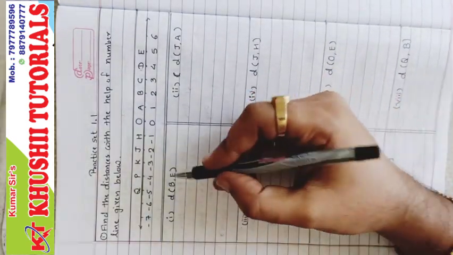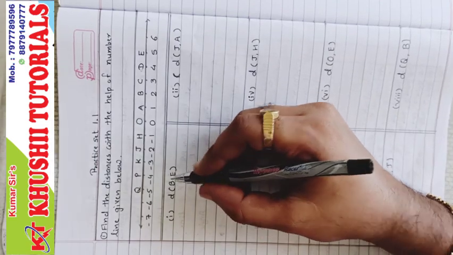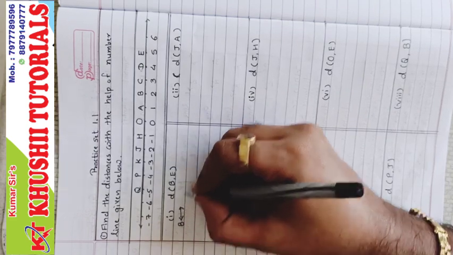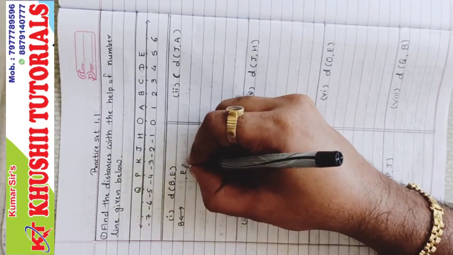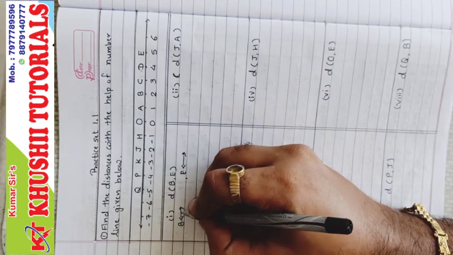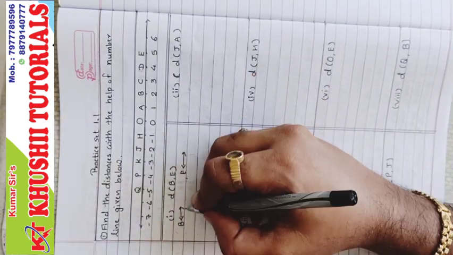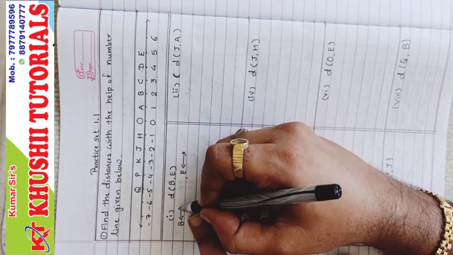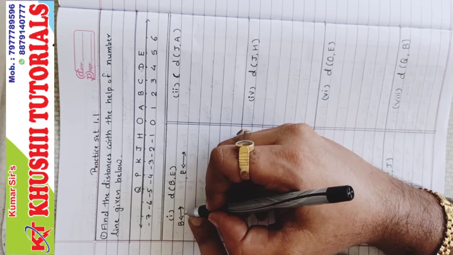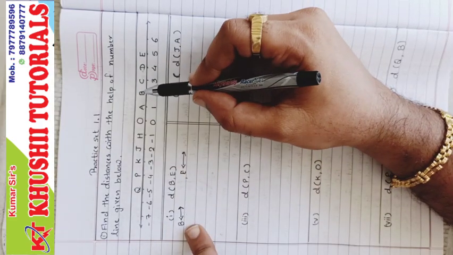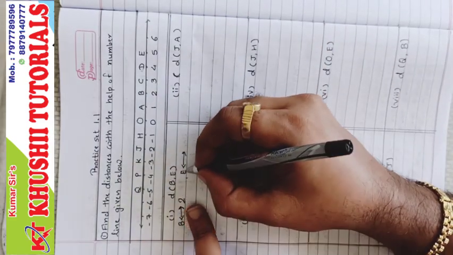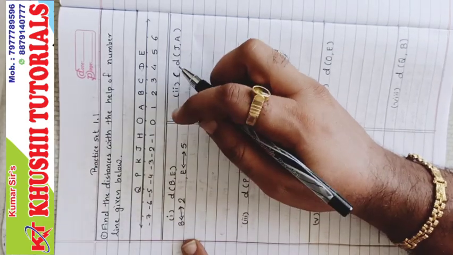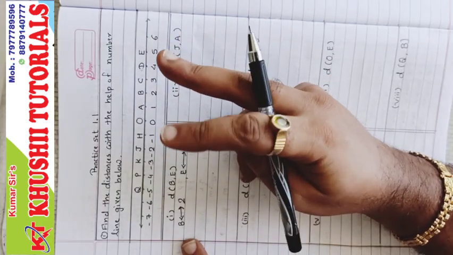So let's start with distance B comma E. For distance B comma E, first we have to write the coordinate of B and the coordinate of E. You can write in words as well: coordinate of B is, or coordinate of E is. But here I am using the symbol for coordinate. This is the symbol for coordinate. Yes, it is just like a line, but it is also a symbol of coordinate. Now the B coordinate is 2 and the E coordinate is 5. This is the first step, writing the coordinates. Then what we have to do, we have to compare the coordinates.